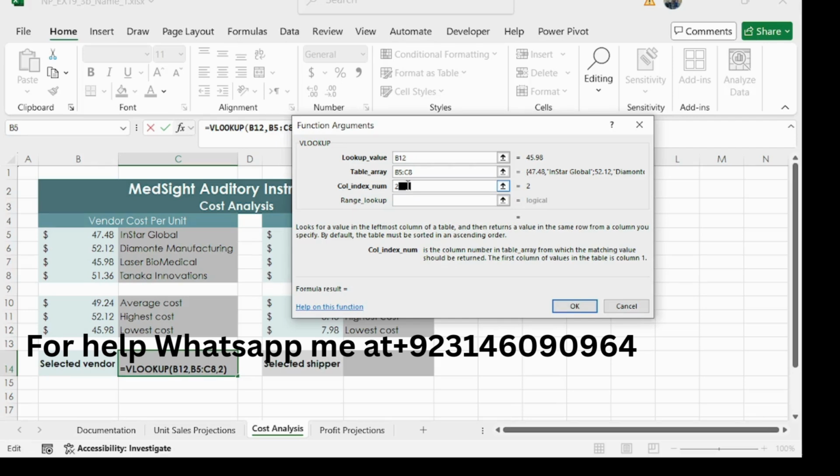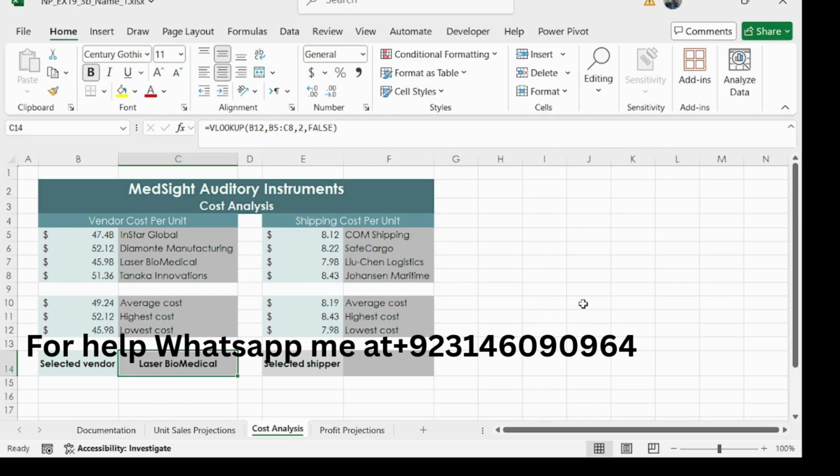Copy the formula to F14 and adjust. And for exact match, type FALSE here in range lookup, FALSE, and then click on OK.